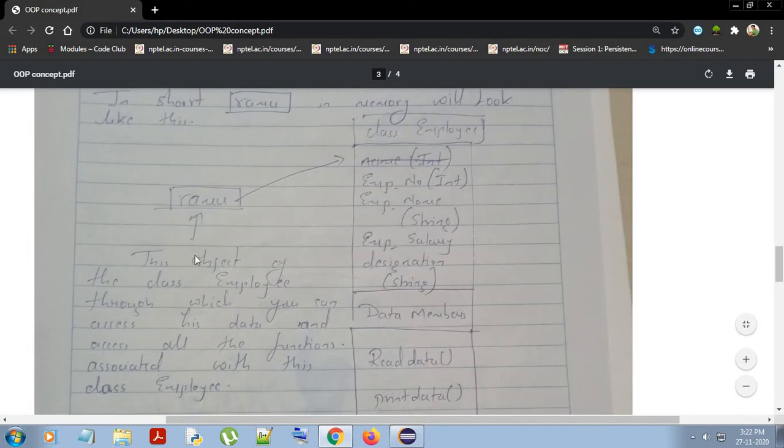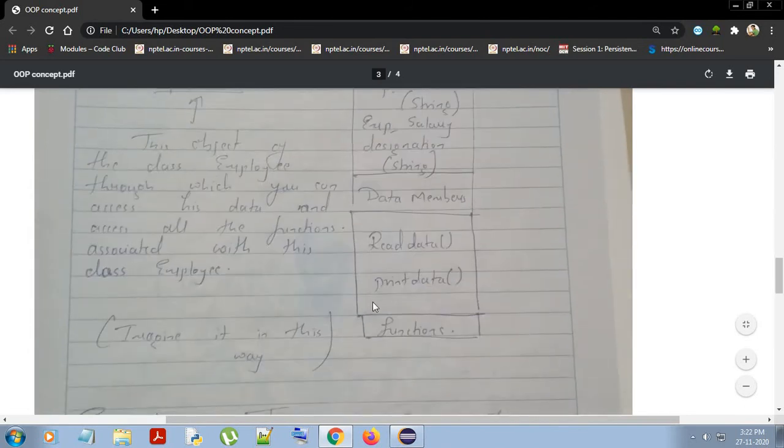Ramu is an object of class Employee through which you can access his data and all the functions. These functions are called member functions. Read data and print data are member functions, right?